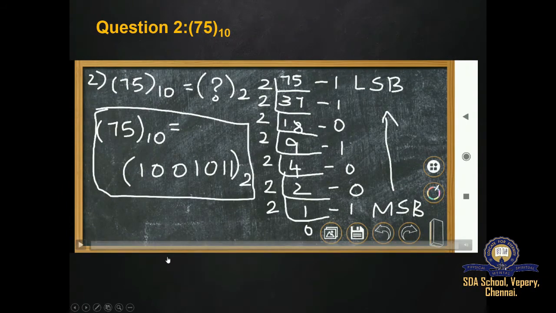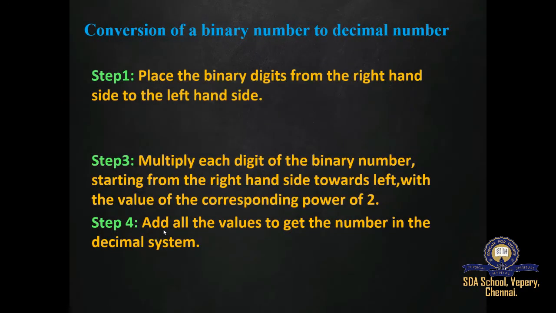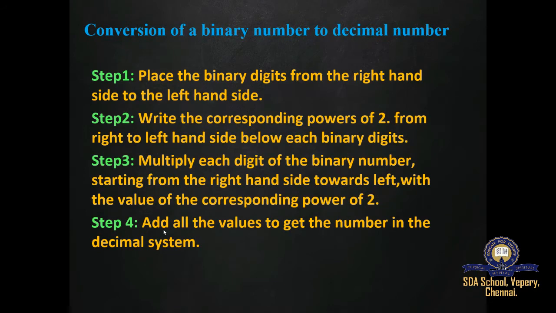Today's concept we are going to see is the conversion of binary number to decimal number. We have 4 important steps here. The first step is to place the binary digits from right hand side to the left hand side. The second step is to write the corresponding powers of 2, that is 2 power 0, 2 power 1, 2